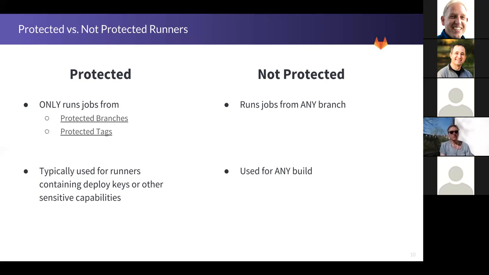This is typically used if there are deploy keys on a specific runner. So I've got a specific runner for this project, and I've got my deploy keys on there. And so I only want that to run on master so that those deploy keys can't be exposed to someone nefarious that's just making a branch. And anytime something runs on it, I know that it's on master only, and thus has been reviewed and pushed by someone who has that permission. Does that kind of make sense, or questions on protected versus not protected?